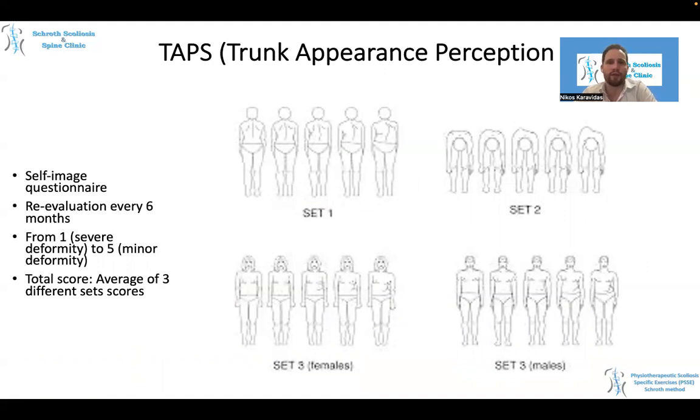However, what is most important at the end of the day is how the patient feels about their treatment process and if they are satisfied or not. So for this reason, we have many questionnaires that are developed for the patients with scoliosis. One of them is the trunk appearance perception scale, which is about self-image, and the patient can tick on the questionnaire how they imagine themselves to be when they look at themselves from the back or from the front or in the forward bending position. So you can give them at the start of the treatment